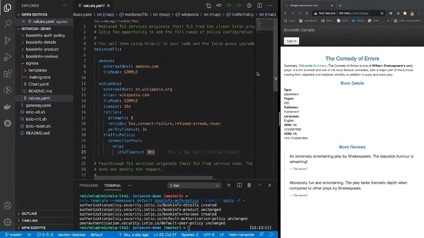Mediated TLS is when your application makes an HTTP call to something in the outside world, like Amazon or Wikipedia. And the Istio proxy converts that HTTP call into an HTTPS call, originating the TLS from the proxy. When you do this, you get a lot of benefits because you can then configure connection policy like retries, circuit breakers, timeouts, and all sorts of low-level protocol-specific things that you don't have to put in your application